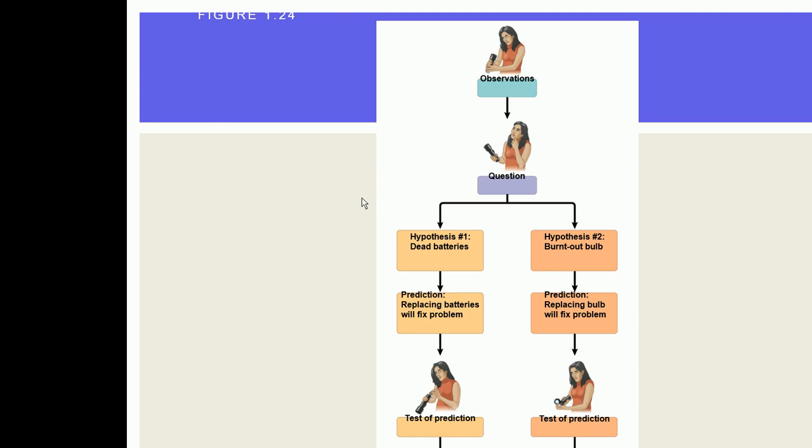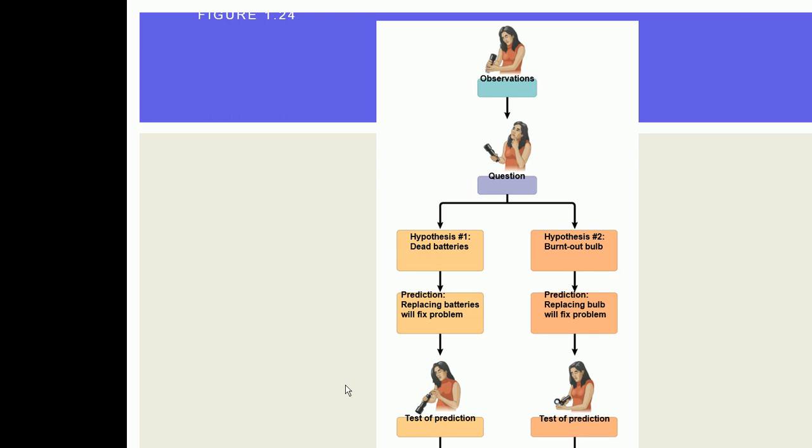To answer this question, she can make two hypotheses. On the basis of hypothesis number one, maybe the batteries are dead. If this is her hypothesis, then she can test it. And how can she test the hypothesis? The hypothesis can be tested by replacing the batteries. She replaces the batteries, and the flashlight is still not working, which means that this hypothesis